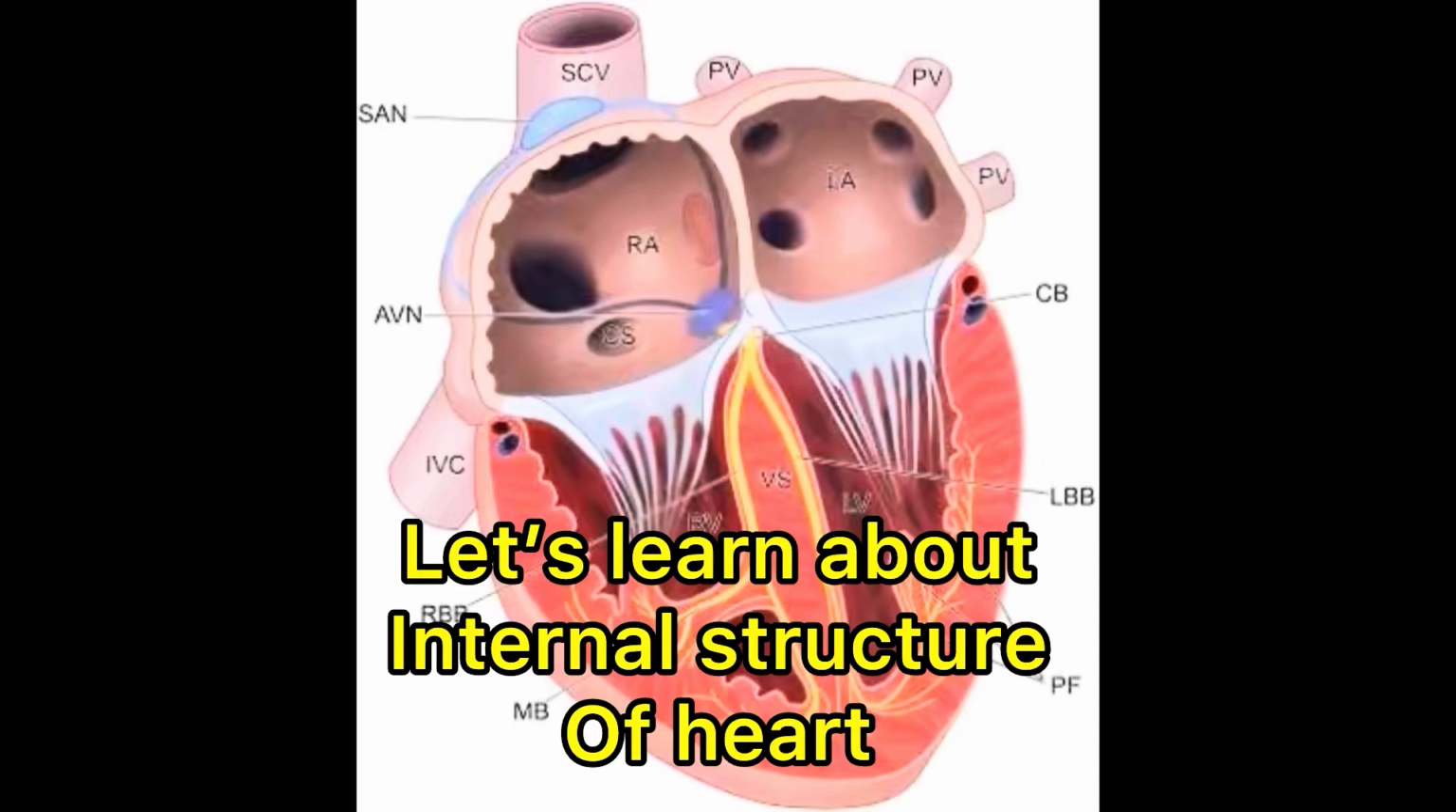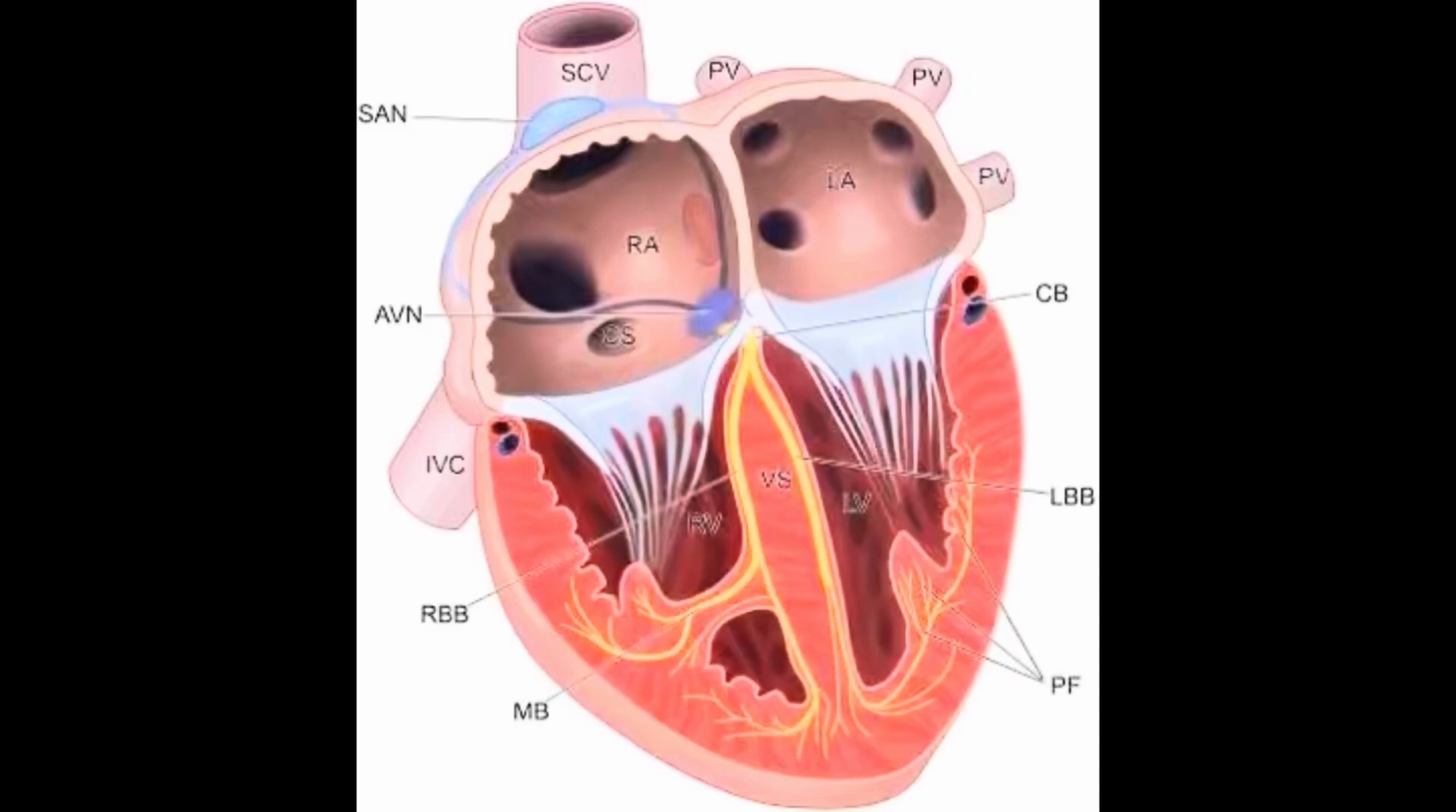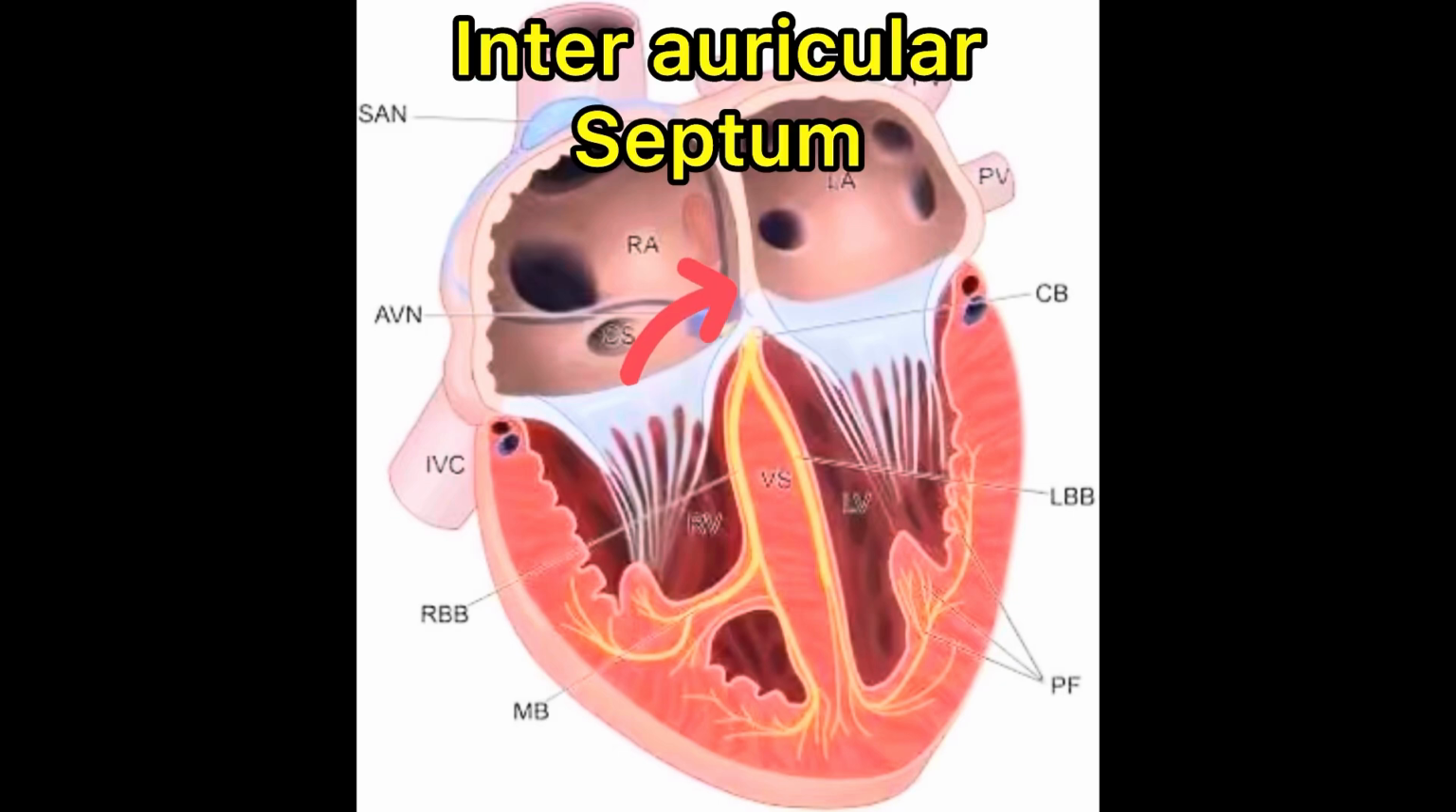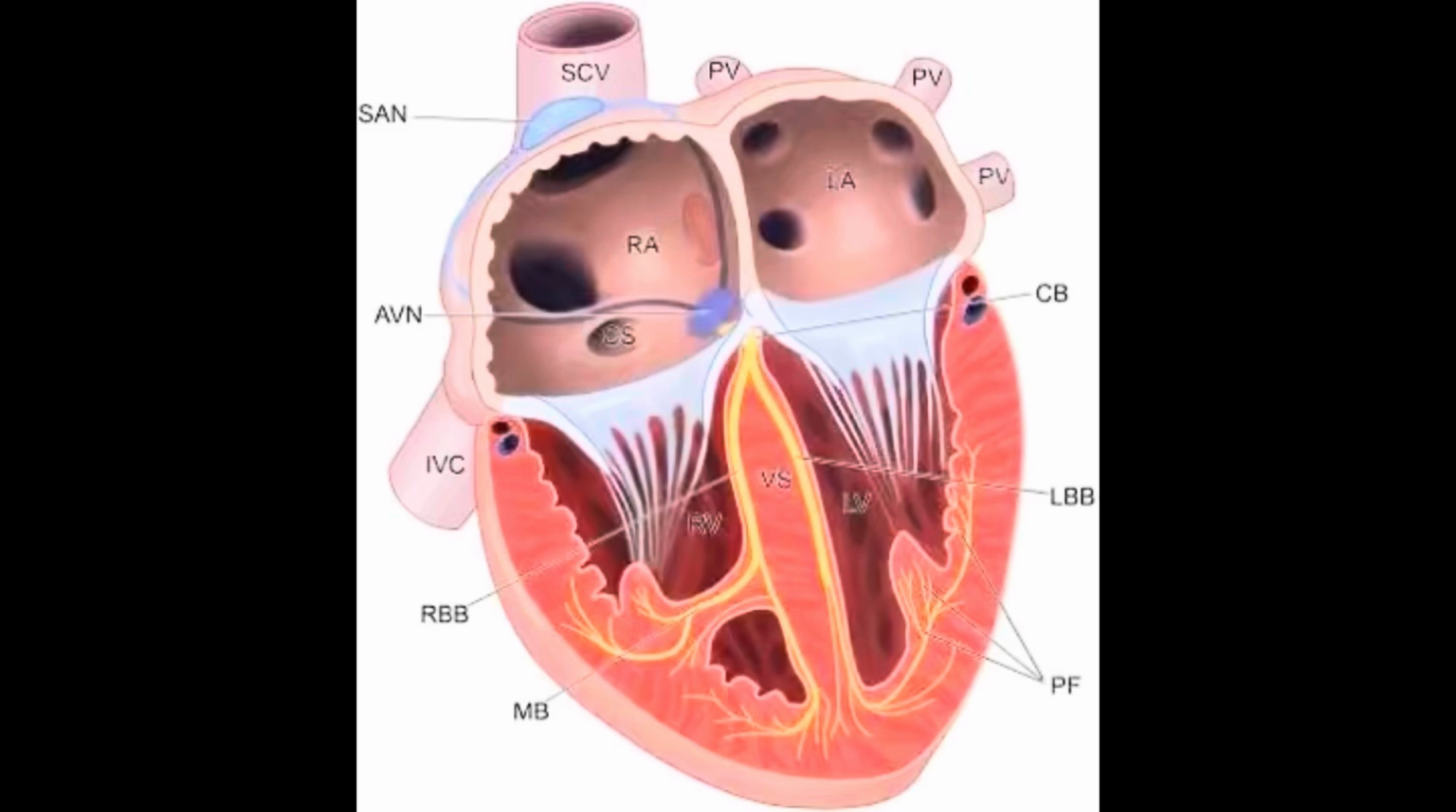Now student, let's learn about the internal structure of human heart. Are you excited? Okay, very good. Now observe in diagram. Atria are the thin wall receiving chambers of the heart. They are separated from each other by interauricular septum, which shows the oval depression called fossa ovalis. Again, observe in diagram